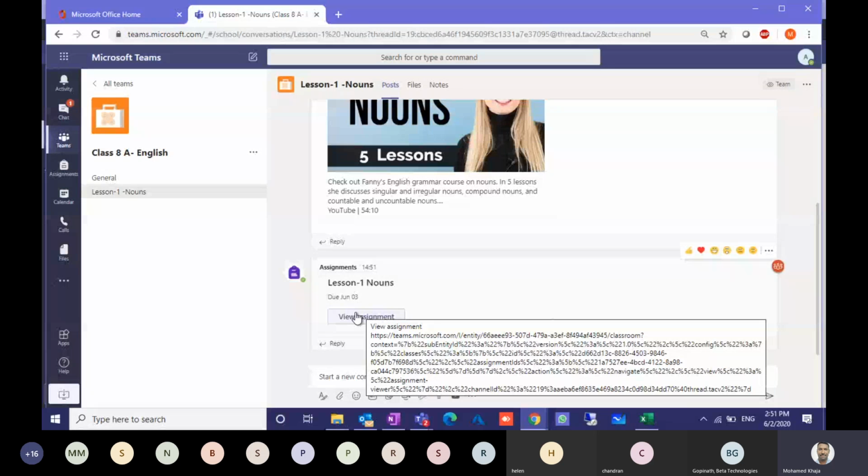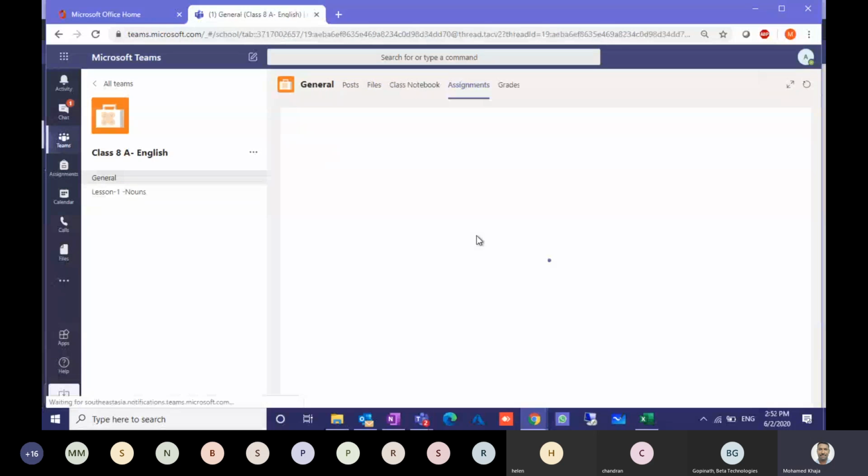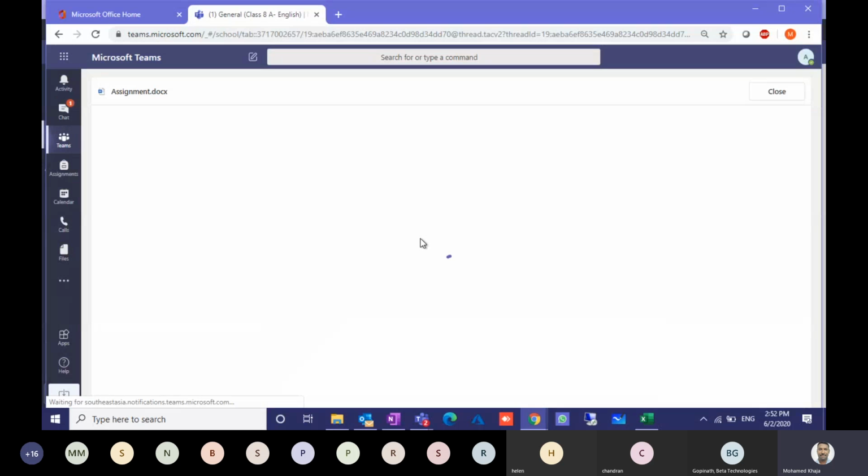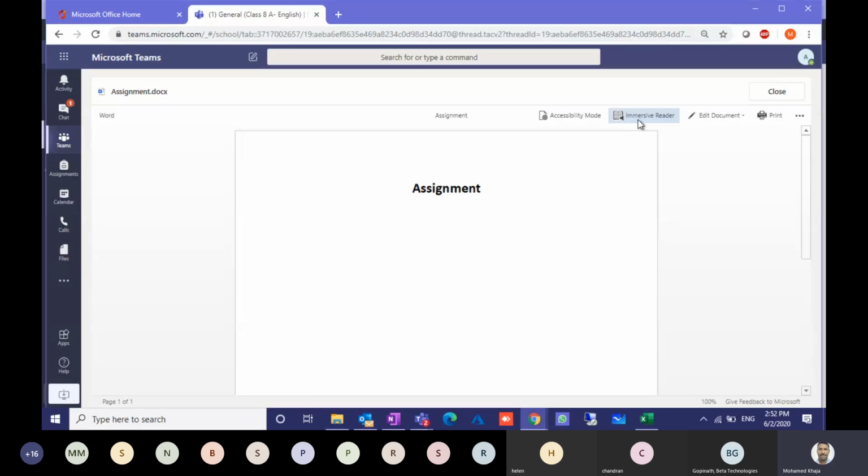Now what the student has to do is work on his assignment, click on the source file. He can use this Immersive Reader option to read out the questions. So it will reduce the student's energy to read out the question paper. It will help him, and after doing that, he can edit not only in the browser, but also in his personal desktop application. I will show you how we will edit this as a student.